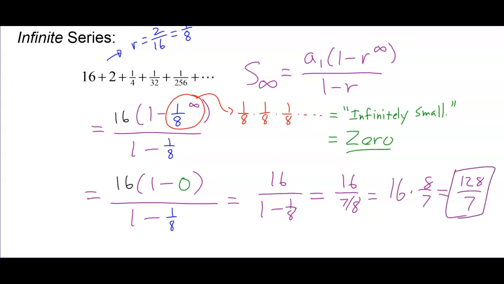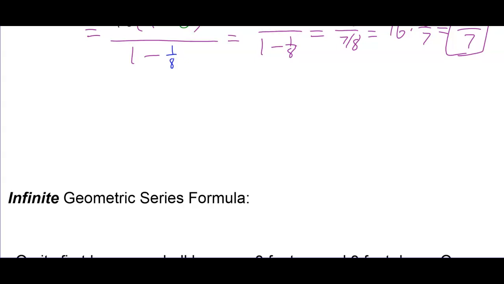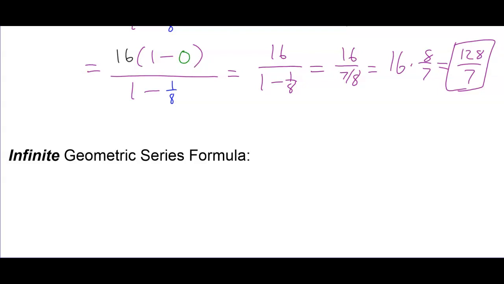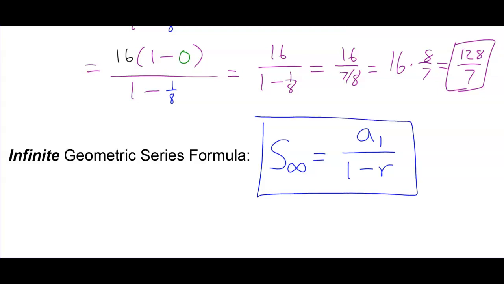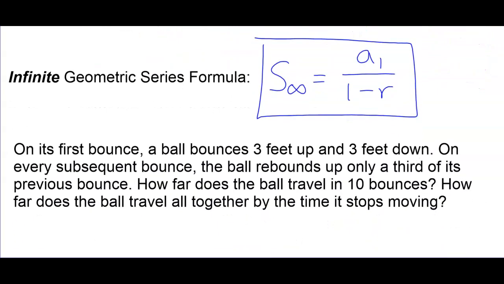So the formula for an infinite geometric series is actually a pretty simple formula. It says that, like we just had here, since that 1 minus 0 thing, if you're trying to add up an infinite geometric series, it's just a1 over 1 minus r. The whole 1 minus r to the n part turns into 1 minus 0, so that part just drops out and you don't need it. It's so much easier than the regular formula that in many practical circumstances, where technically you're supposed to do a finite series, it may be actually easier to do an infinite series. Like, for example here,